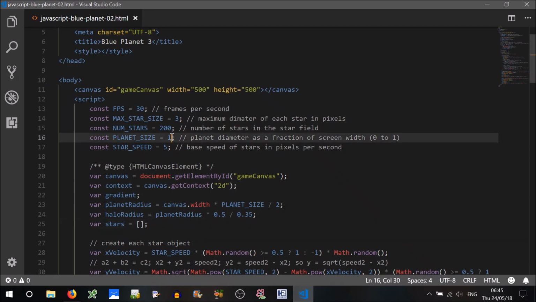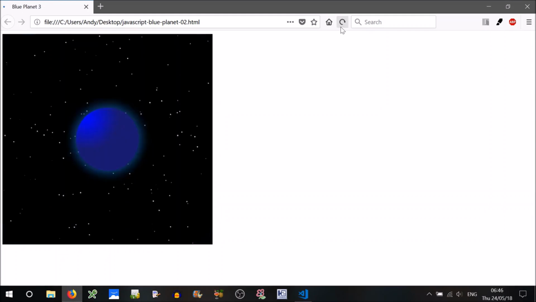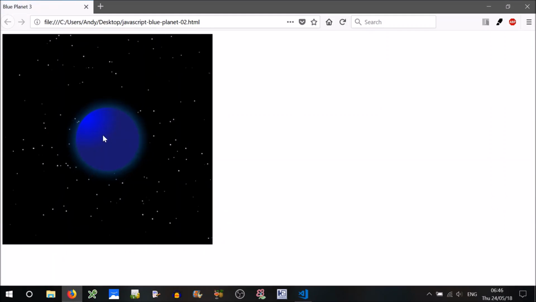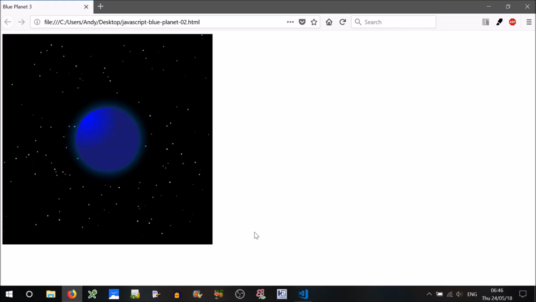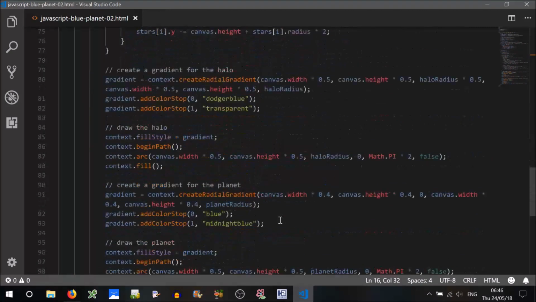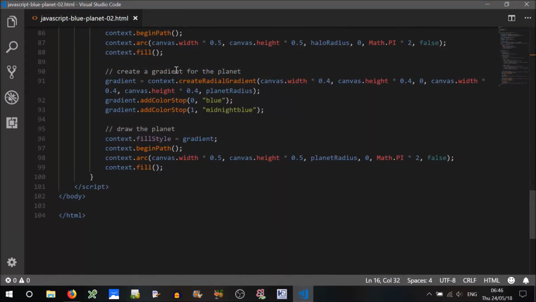Next, let's fix up the gradient position. So this is more noticeable when the planet is smaller. So put it down to say 0.3. See that the gradient is too far off center? We want it to be the same relative position. So to do that, we can just go down to where we create the gradient for the planet. Currently it's based off a fixed screen position. We don't want that. So we're based off the center of the screen, which is where the planet is, the center of the planet,